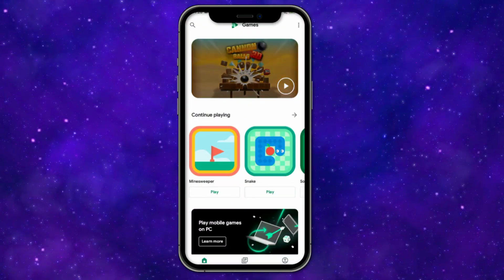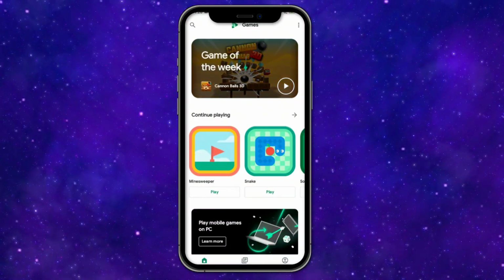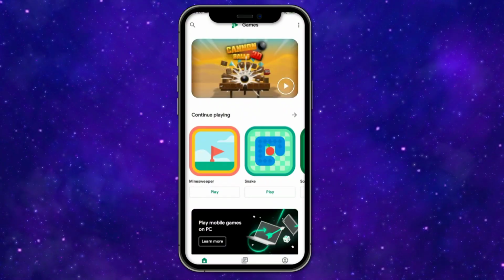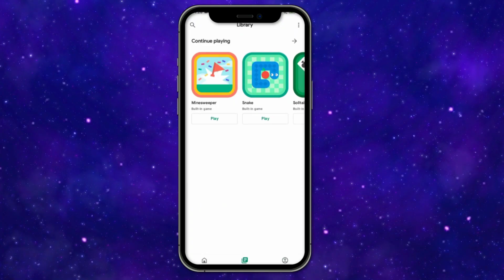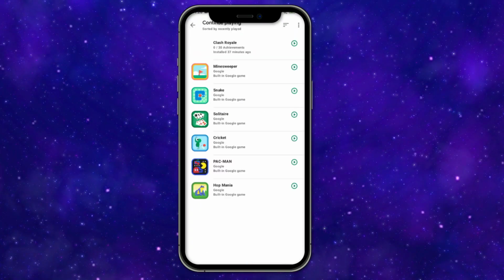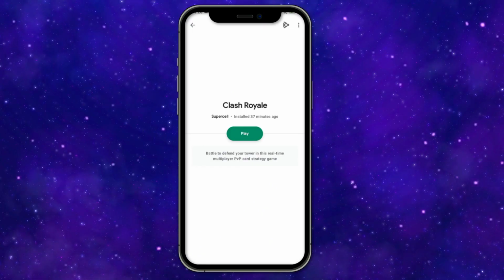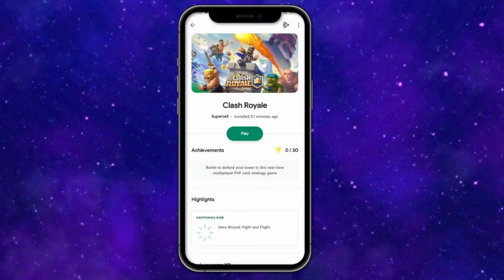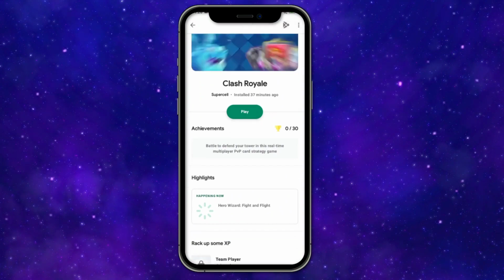So, first make sure the Google Play Games app is installed on your device. And then from here, go ahead and open it up. Now from here, head over into your library and you should find the games connected to your Google Play Games. Now you'll be able to find Clash Royale in here since this specific game is currently installed on my local